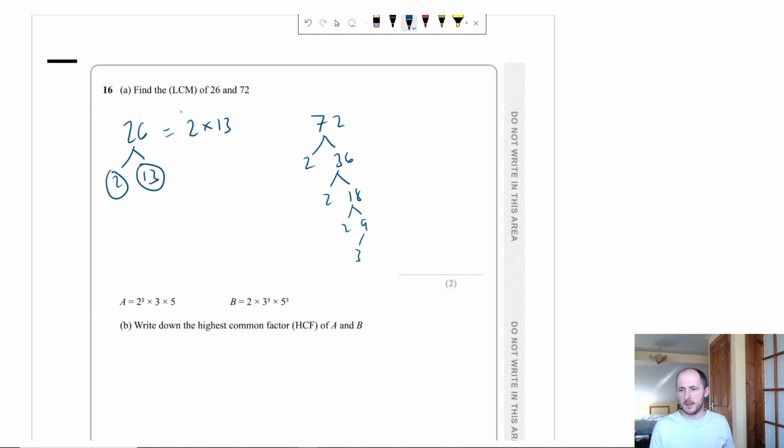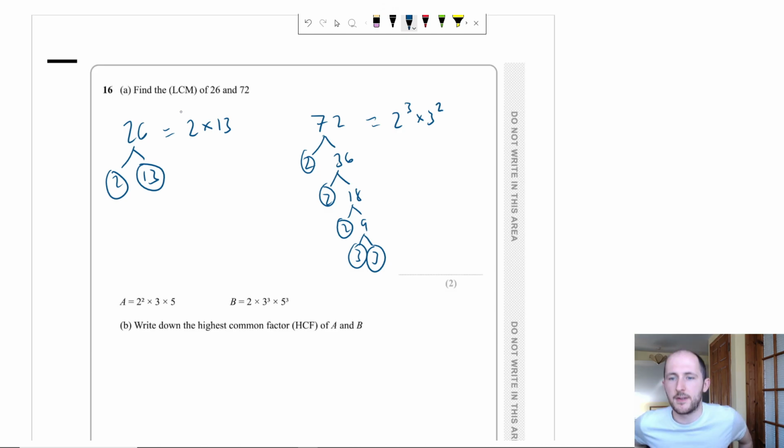9. And then I can't divide 9 by 2, so I've just divided by 3 instead. So that would be 2 to the power of 3 times 3 squared. Now, I've got a little bit of a trick on how to do LCM and HCF, okay? If it's lowest common multiple,